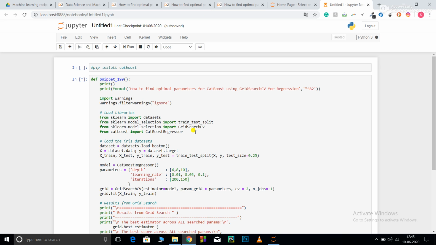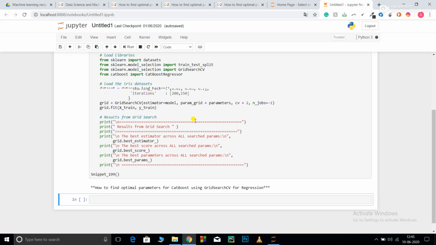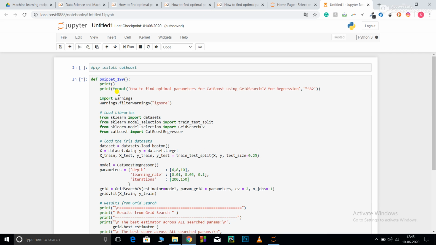So let's get started. Since it will take a lot of time, I have already started running this. Till the time I explain the code, my code will be executed and then I will show you the final result. First of all, if you don't have CatBoost, you need to write pip install catboost, as it does not come from the sklearn library. So you need to specifically install this. You can also do conda install catboost by typing this in your Anaconda prompt. Over here I have directly installed it in Jupyter. So now let's get started.